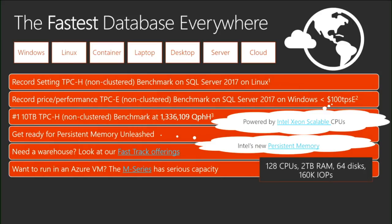And what about Azure? You didn't say anything about Azure. If you go down to the booth and see the same demos I just showed you, they're all running in an Azure VM, both an Azure VM in Windows and an Azure VM in Linux. But you may think that Azure VMs do not have the capacity that you need. Well, what about the M series? 128 CPUs, 2 terabytes of RAM, 160K IOPS with 64 disks. That ain't bad. That is actually something you potentially could use to run a pretty high-powered workload with SQL Server